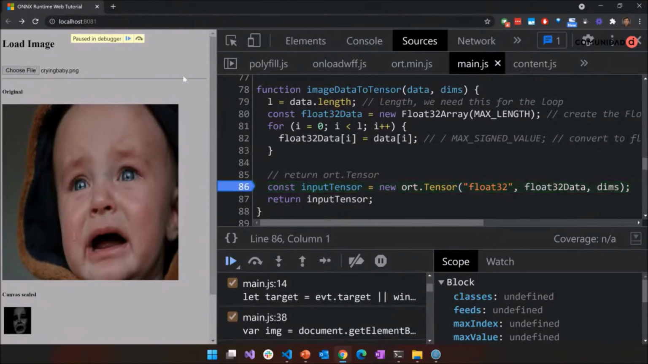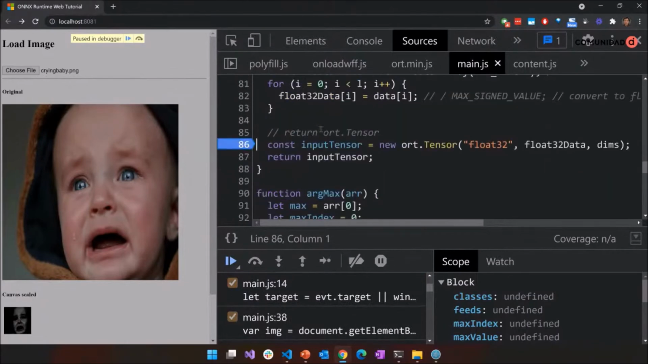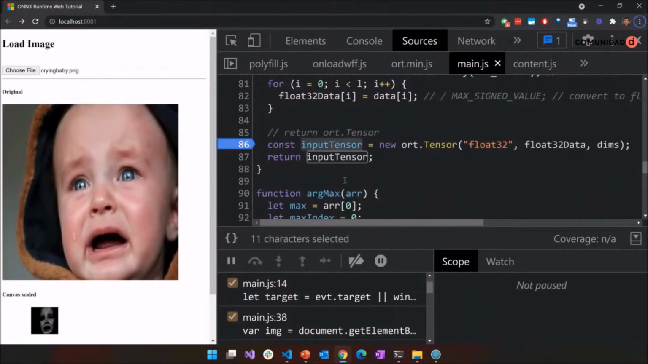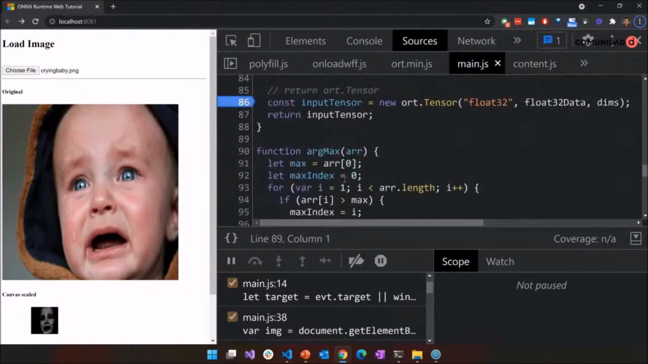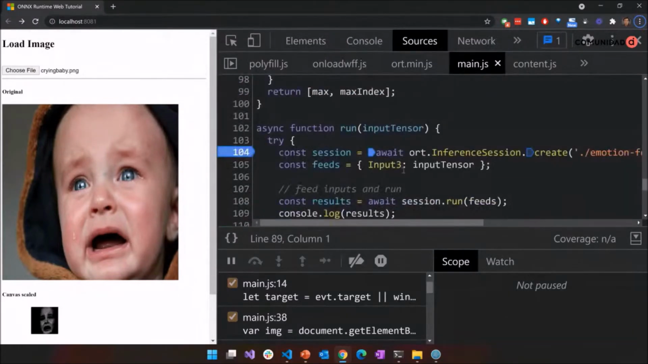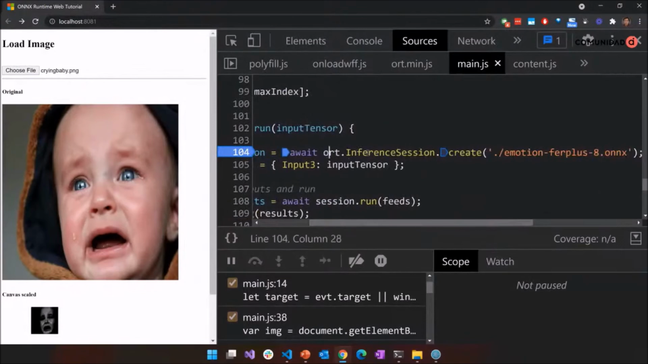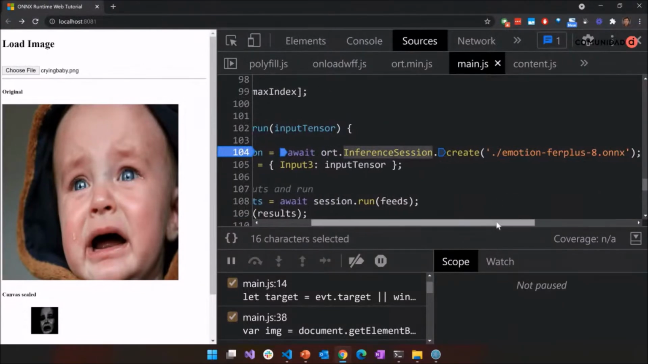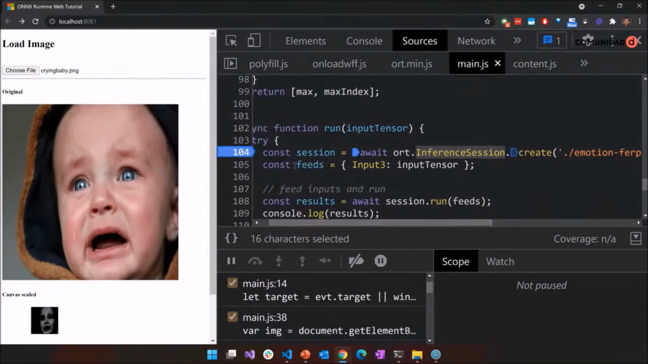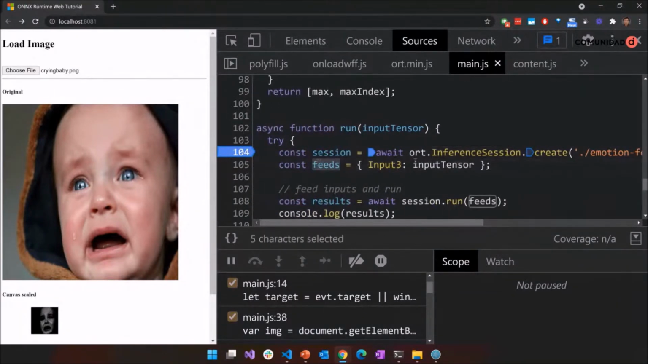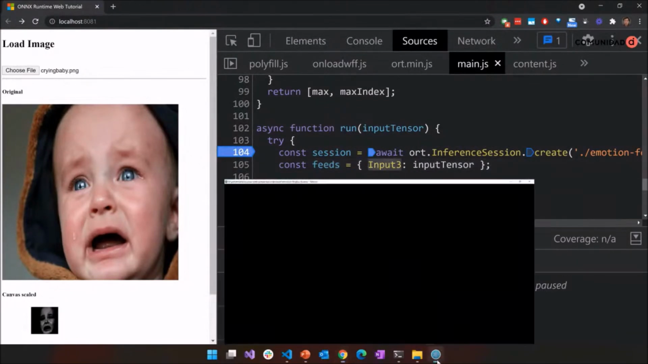And now that it's ready to go, I can go here and say load the model, ORT.inference session.create. Once I load the model, I need to create the feed. And this time I need input 3. How do I know that it's input 3? Because looking at this